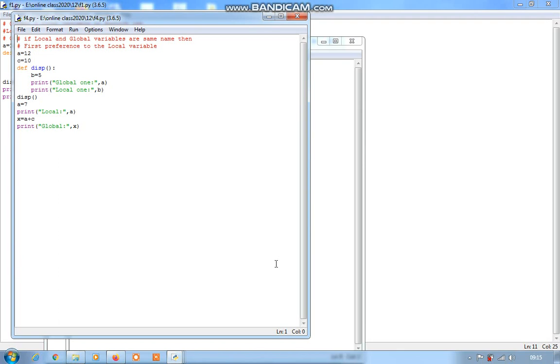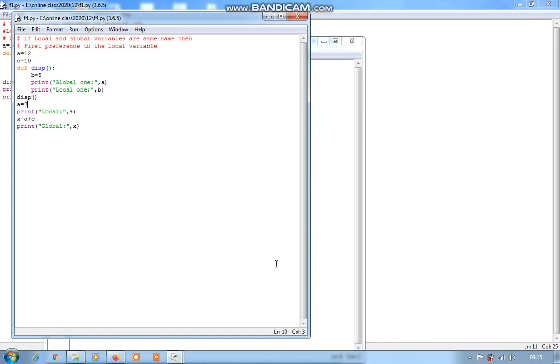Okay. So you can see here one variable a is equal to 12, second variable c is equal to 10. def this function, a is equal to 5, print global variable that will display the answer 12. Print local 1 that displays the answer 5. Now out of the function, this is another value in the main program. a is equal to 7.